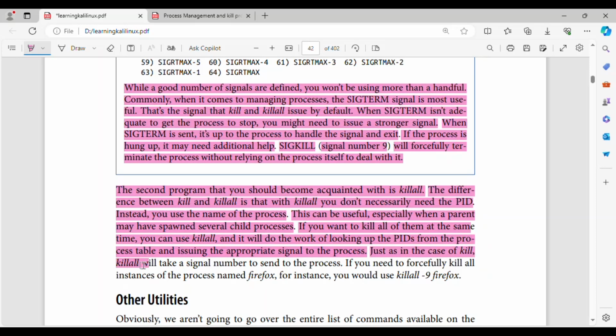Just as in the case of kill, killall will take a signal number to send to the process. If you need to forcefully kill all instances of the process named firefox, for instance, you would use killall